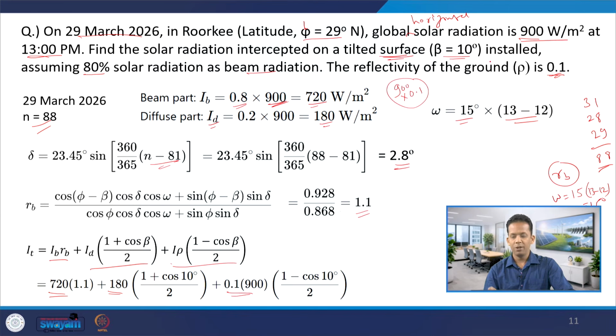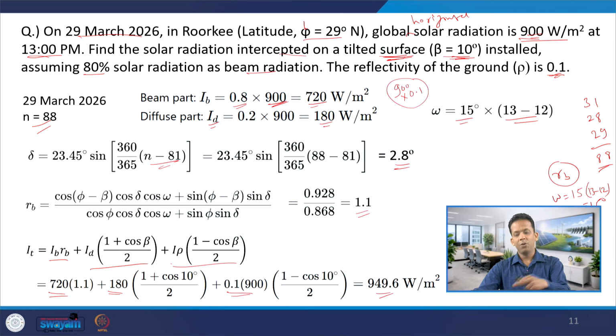Beta is 10 degrees, given to us. So, if you do the addition, it comes out to be around 950 watt per meter square. So, this is going to be the total radiation intercepted on a tilted surface. Are you able to see that on a horizontal surface it is 900, but on a tilted surface we get higher than 900 because of the additional component of reflected radiation, and also because of